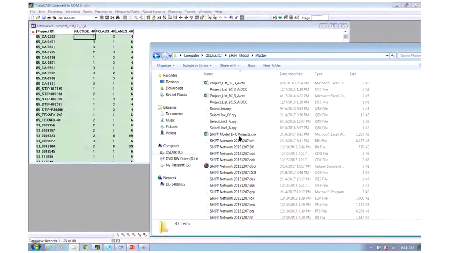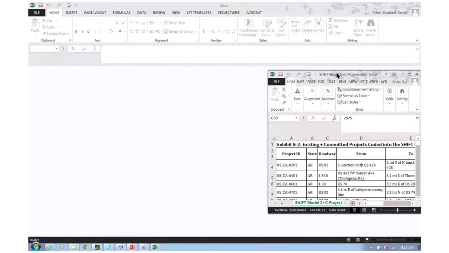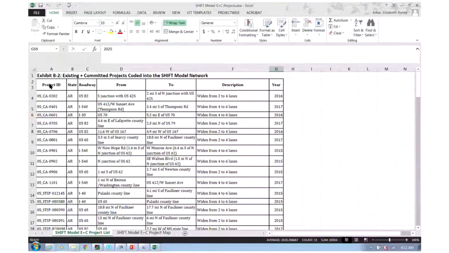Is that going to make the difference? That does make a difference. So there should be an Excel file. I'm not sure if it's this one or a different one in your model package. But the Excel file just lists